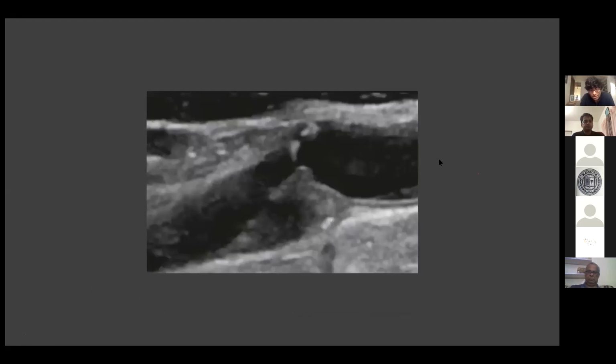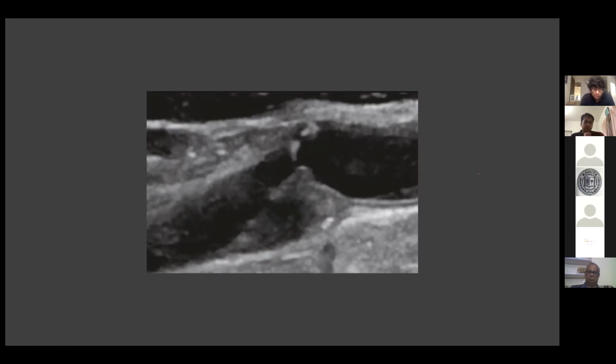Now, this is an echo-lucent plaque. As you can see, this is the narrowing. From here to here is the carotid. This is one wall of the carotid, this is the second wall of the carotid, and this is the plaque. You can see that there isn't any calcium here. This is all echo-lucent, and you can see that this part is possibly intraplaque hemorrhage. So when you've got an echo-lucent plaque, you have to be careful with the stent structure that you're using.